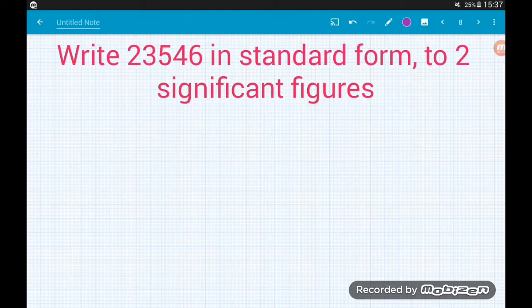Okay, what about one like this then? So right, 23,546 in standard form, but to 2 significant figures. So first of all, we need to write the number to 2 significant figures. So what's our second sig fig? Well, it's the 3. Then we check out the digit afterwards, which is a 5. So to 2 sig figs, our number is gonna be